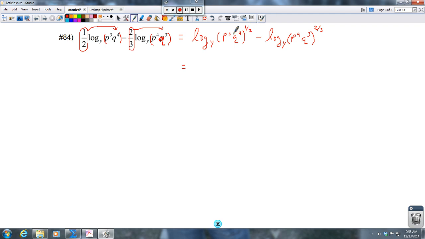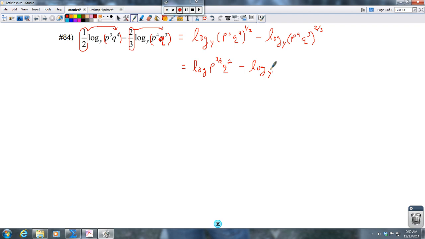Since 1/2 is covering both of these, you have to multiply 1/2 times 3 and 1/2 times 4, and the same thing over here, 4 times 2/3 and 2/3 times 3. So let's see what these new numbers are. So essentially we're getting rid of parentheses here. So we got log of p to the 3/2 power. We have q to the 4 times 1/2, which is 2,